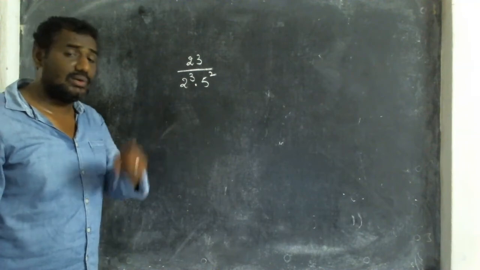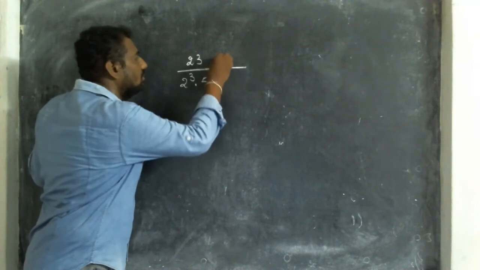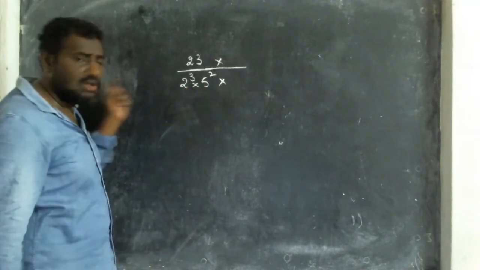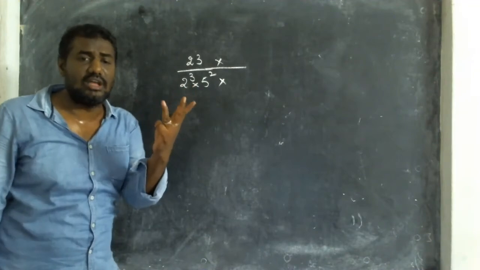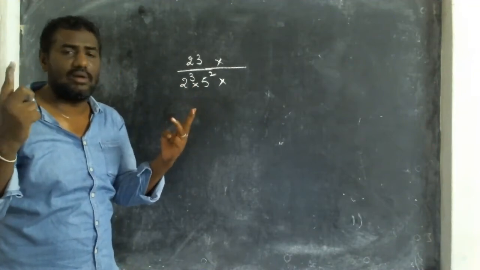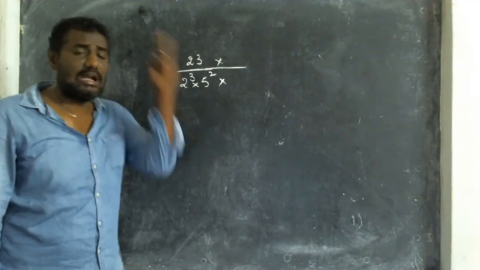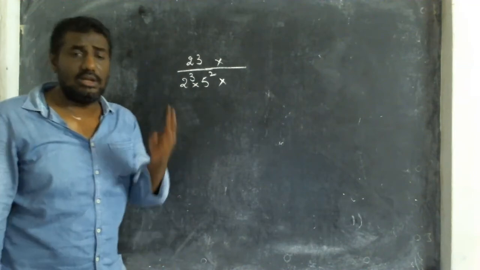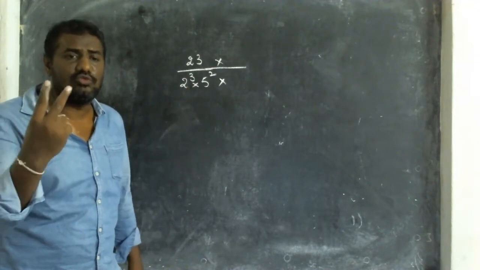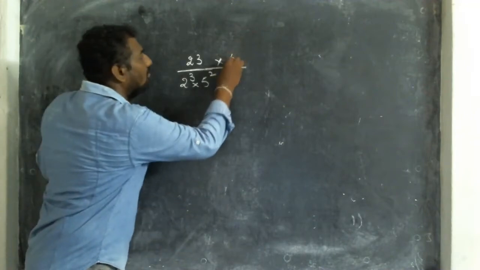But you have to convert into decimal form. How to convert into decimal form? How many 2's are there? Here the dot you consider as multiplication. How many 2's are there? 3 2's are there, but you have only 2 5's. Still, how many 5's are required? One more 5 is required. How many 2's are there, that many 5's must be there. Here only 3 2's are there, but here we have only 2 5's. Still, how many 5's are required? One more 5 is required. I write 5 by 5.